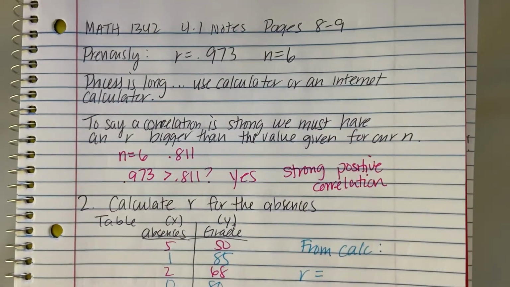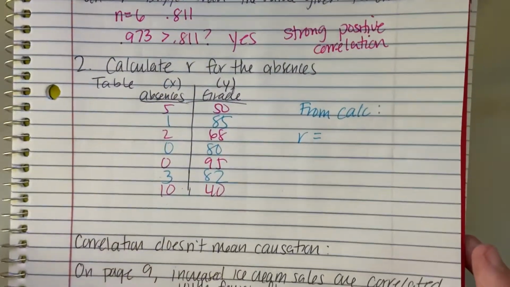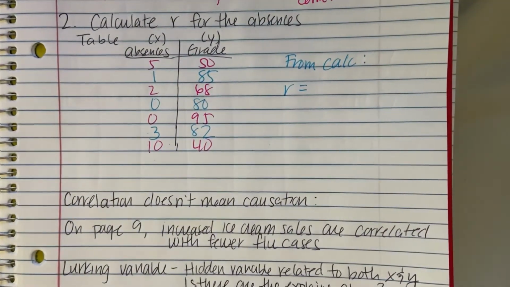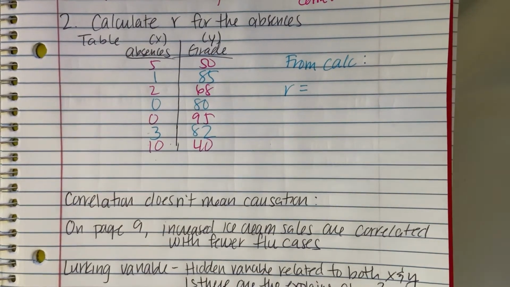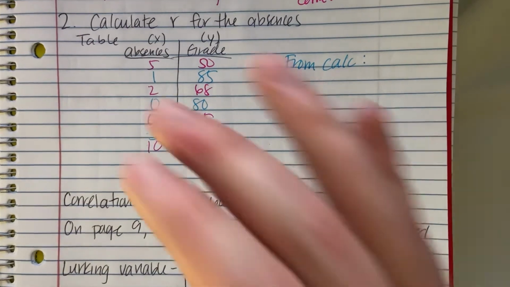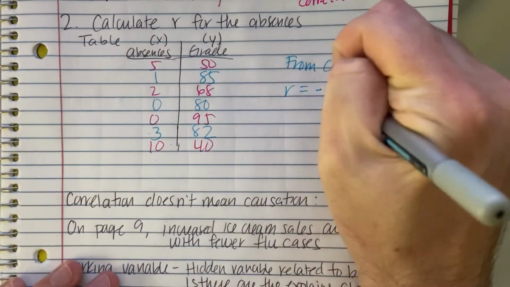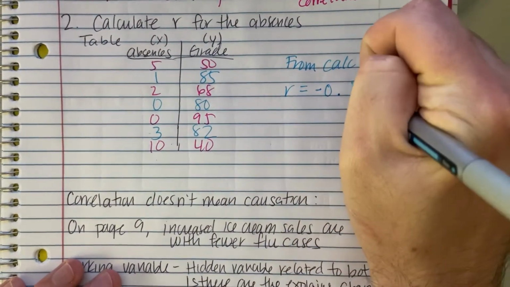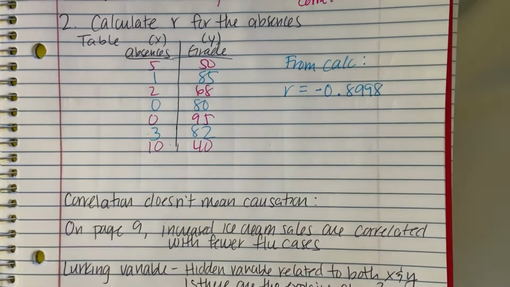Now, it says to do the same thing for the absences. This is the table from page 4. So what I'm going to do is put what the table is on page 4, and I'm just going to use an internet calculator to calculate what this R is. So we calculate the R for the absences, and here's the table that we use. And from my calculator, it looks like R is negative 0.8998, which would round to